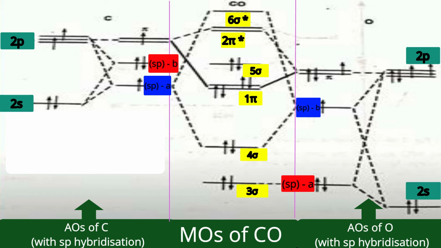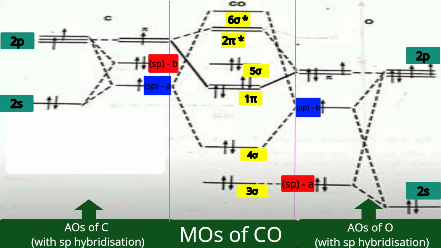The pi orbitals are there in carbon and in those pi orbitals only one electron. But molecular orbital theory wants symmetry. So interaction between the pi orbitals of carbon and the pi orbitals of oxygen to produce a bonding 1 pi orbital and anti-bonding 2 pi star orbital will take place. In total, how many electrons are there in pi orbitals? 1 from carbon and 3 from oxygen. So 4 electrons, and all those 4 electrons will enter the 1 pi set of 2 orbitals.